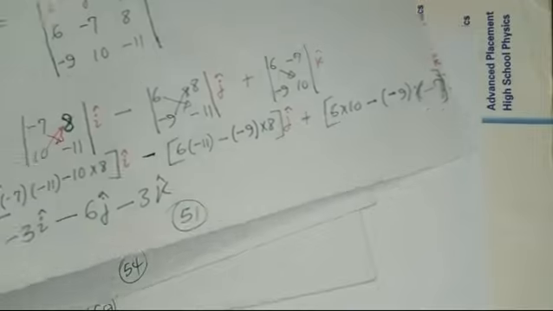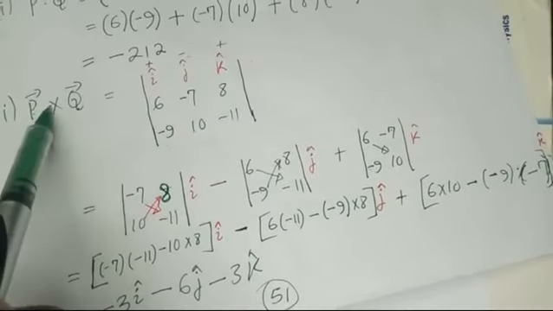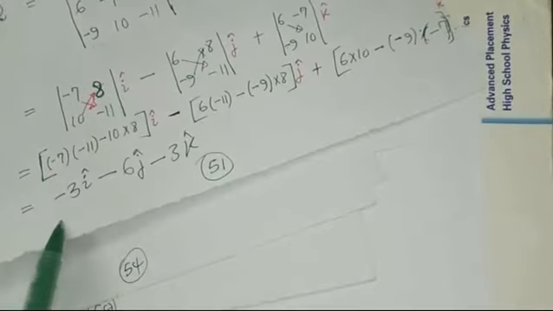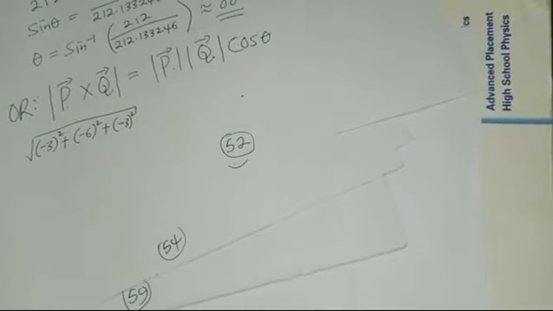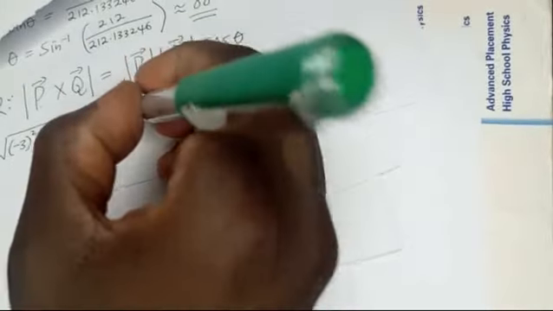But what we need to find is this one. So how do we find the magnitude of P cross Q? We calculated our P cross Q before. Look at it here, P cross Q, and we obtain this one. So we get the magnitude of this, and this will now be the square root of open bracket negative 3 squared plus open bracket negative 6 squared plus open bracket negative 3 squared. This is the magnitude of P cross Q, and this is equal to